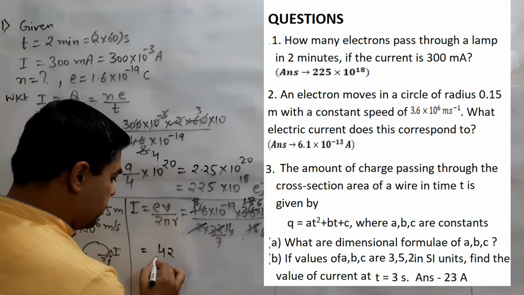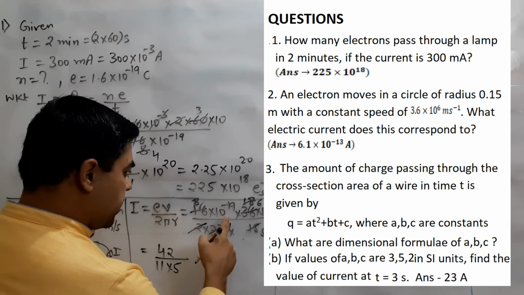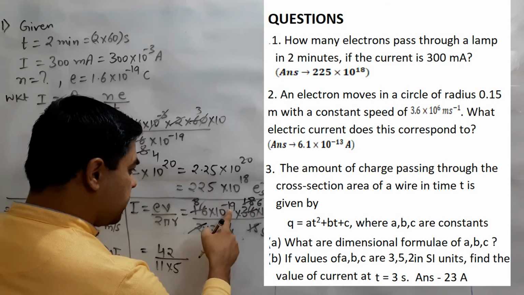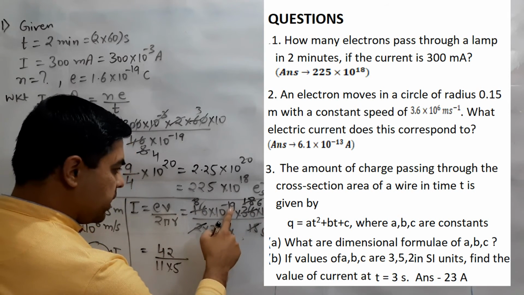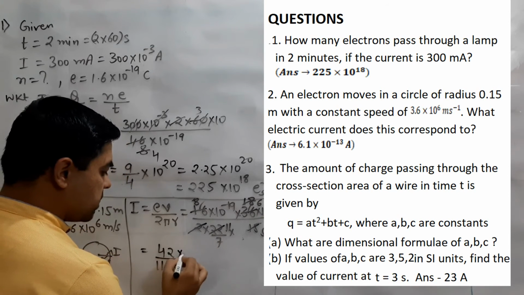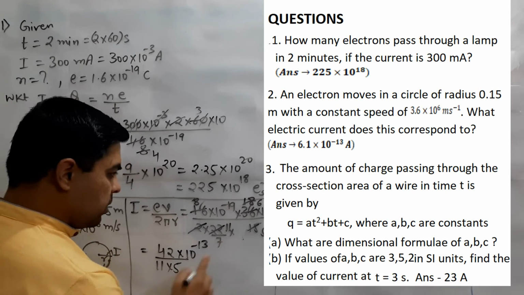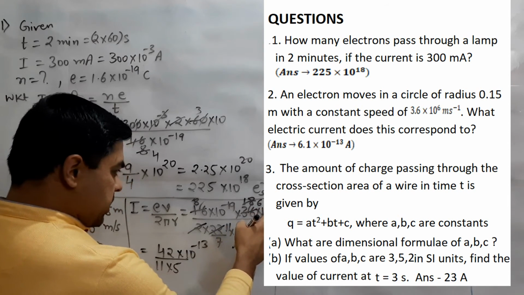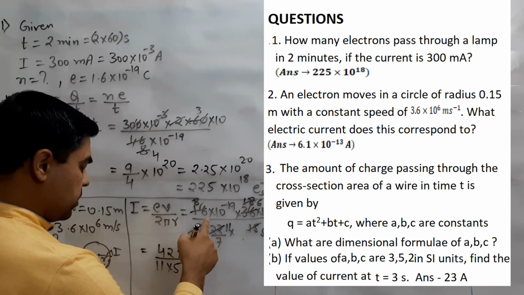then 11 and 5 and 10 to the power minus 19 and 10 to the power 6, it will become 10 to the power minus 13. This is 10 to the power minus 13. Then 10 to the power 6 is solved, 36 is solved, it is 6 into